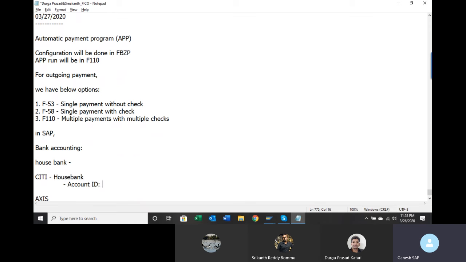The account ID is nothing but a unique identification key for that particular bank account. I will give this, for example, as Citi current account. If you have multiple accounts, you can say Citi savings account. If you have an overdraft account, Citi OD. Likewise, we are going to create them.